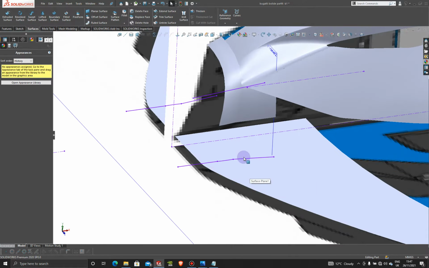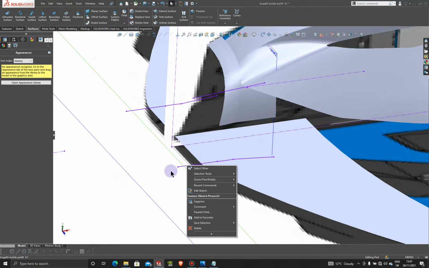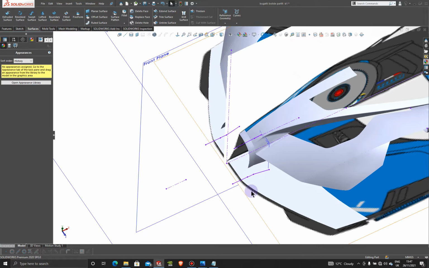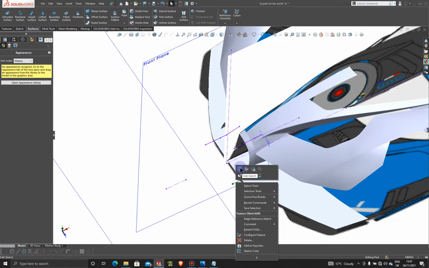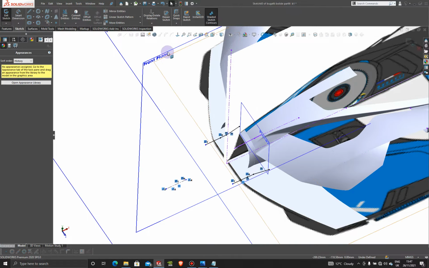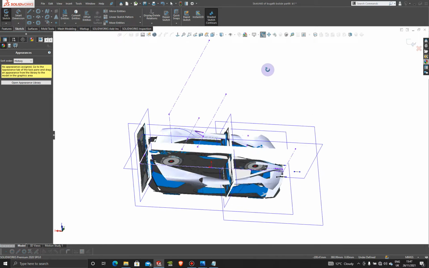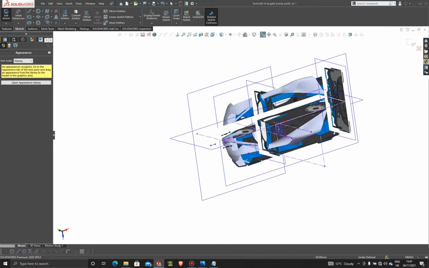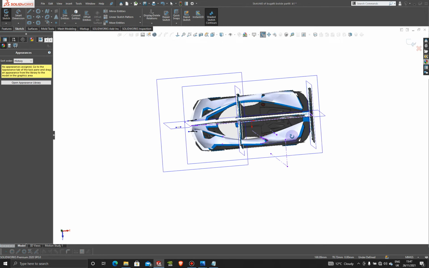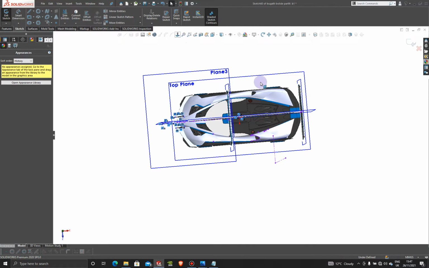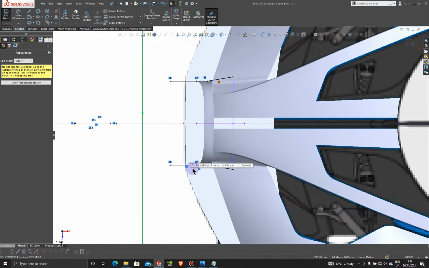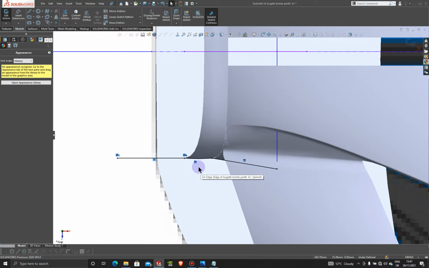Okay, and then we're going to edit the sketch here. Let's edit the sketch, and then we're going to jump back to the top here. For some reason, I like to work with the front of the car to my left hand. I'm not left-handed, I'm right-handed, but